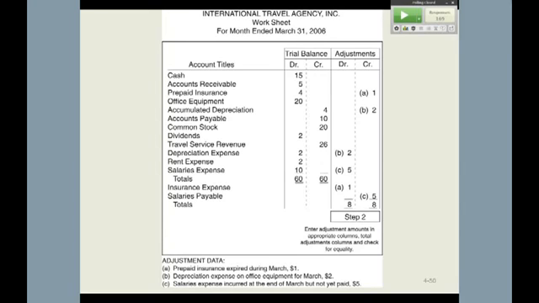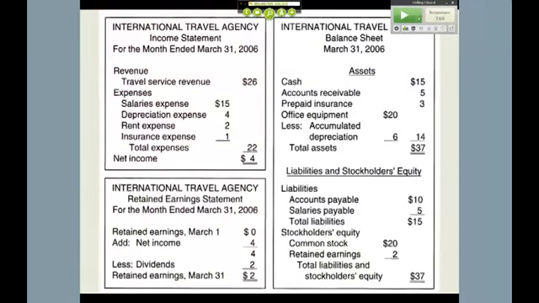So the process would allow you to observe the effects of adjustments on the financial statements before you actually prepare the journal entries. No adjusting entries were made and no adjusting entries were posted. And then, of course, finally, the other benefit of the worksheet is now you can use these columns to prepare the financial statements. So you can easily prepare the financial statements directly from the columns.